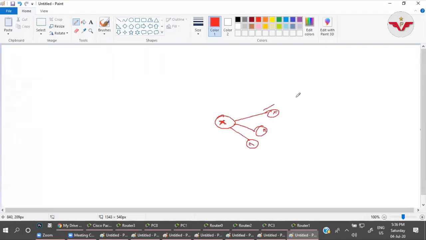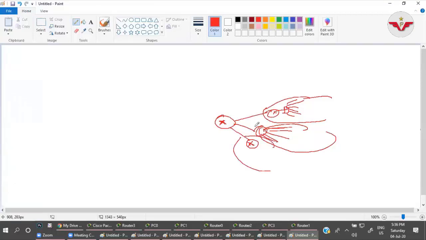Suppose this is street number 1. Here we have multiple homes and I have provided the network to them. Street number 2, here we have multiple homes, I have provided a different network over here. So I have given network connectivity to each and every person known to me. I know this network, this network, this network. But to provide them internet connectivity, I also have to connect to the internet.